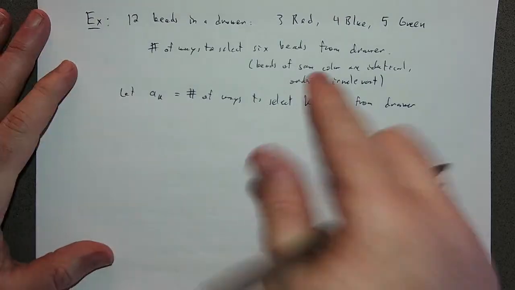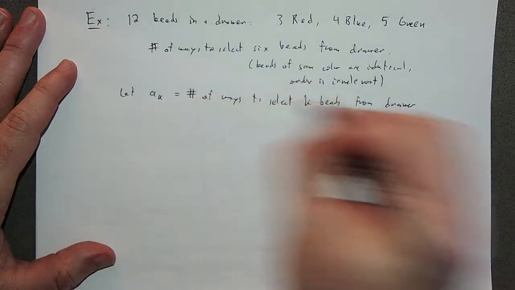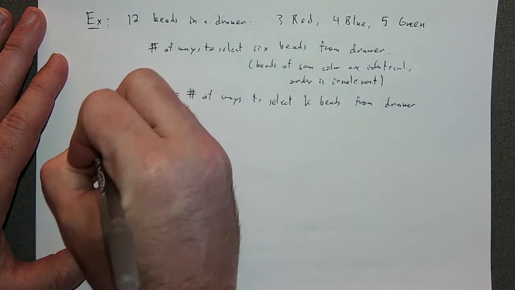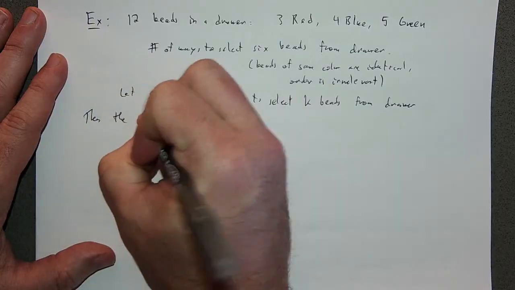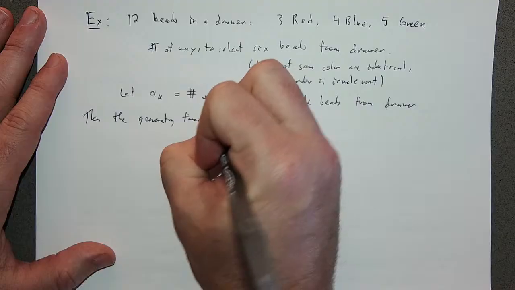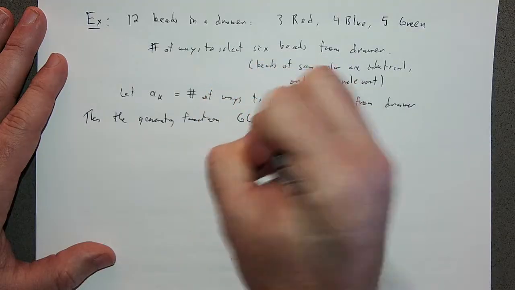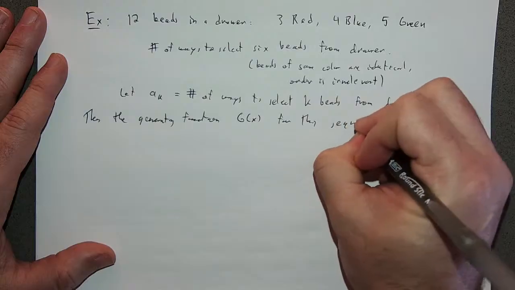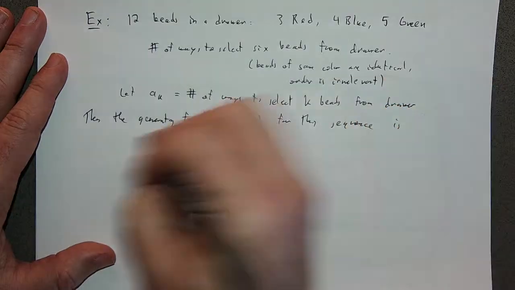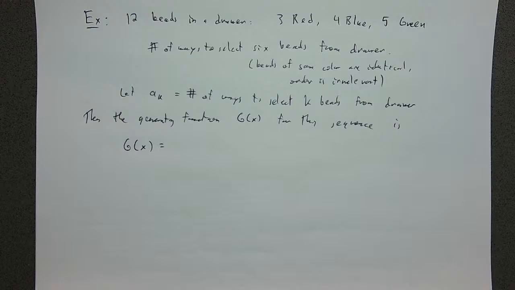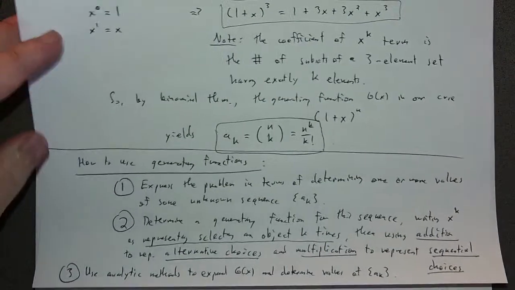How can I come up with a generating function for this? Then the generating function g(x) for the sequence is g of x. So just going back to the previous page here,